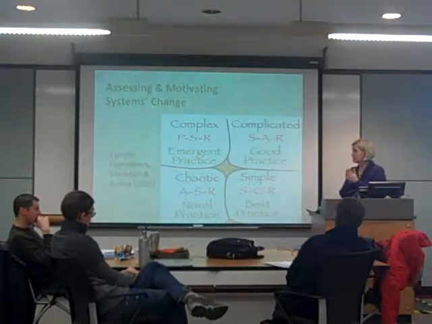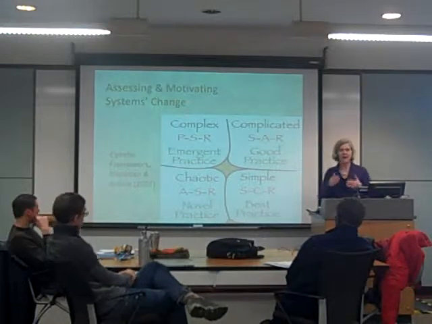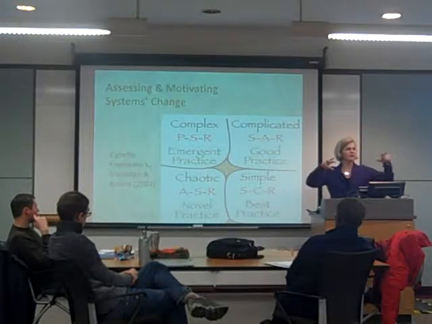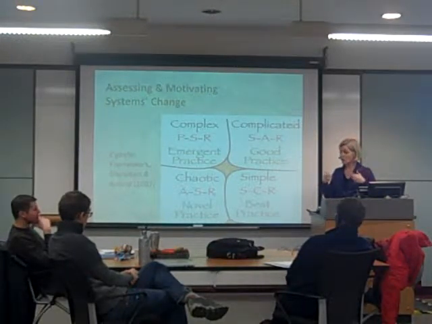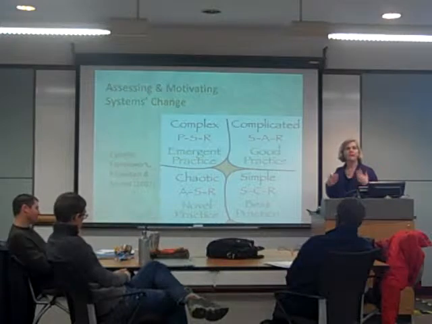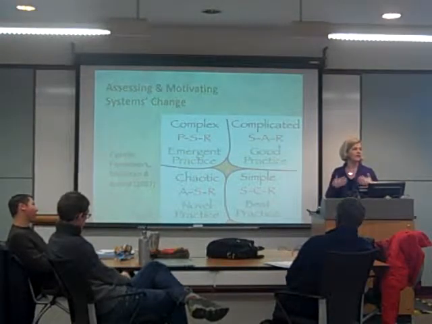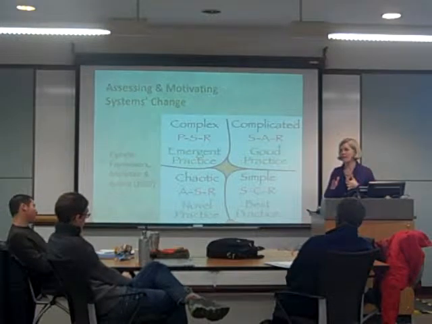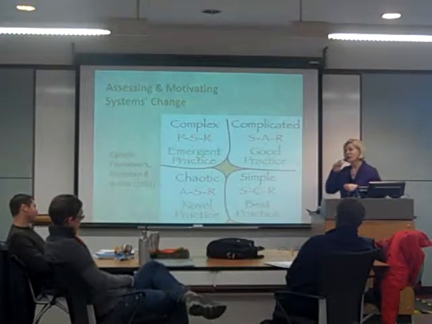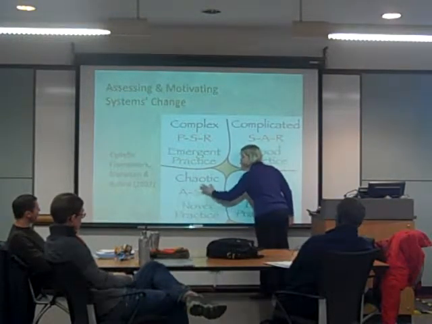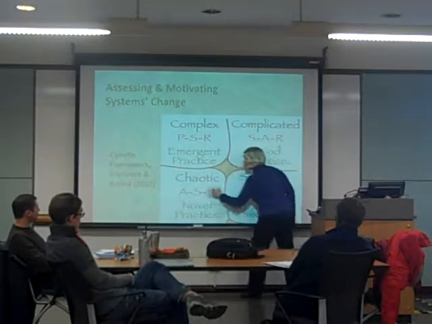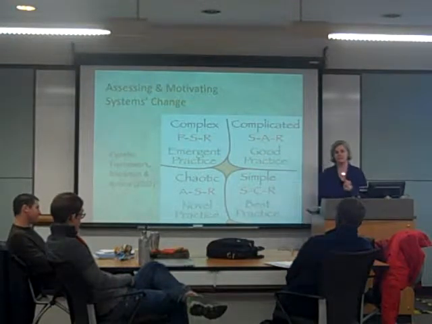So in complex systems, well, maybe I'll start with chaotic. In chaotic systems, something will happen and there is no response. Something else will happen and there is no response. There is a lack of understanding of what is going on, an incoherence, if you will. And many times when you are in a chaotic system, the thing you have to do as a leader is to reduce the chaos and help people understand some kind of pattern. So you analyze what's going on, you sense how to act, and then you respond. Okay? So that you are trying to just shift the dynamic of the system.